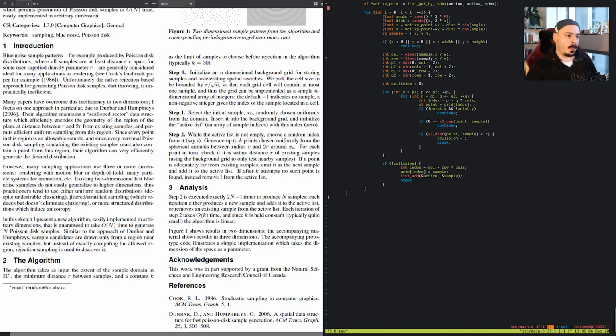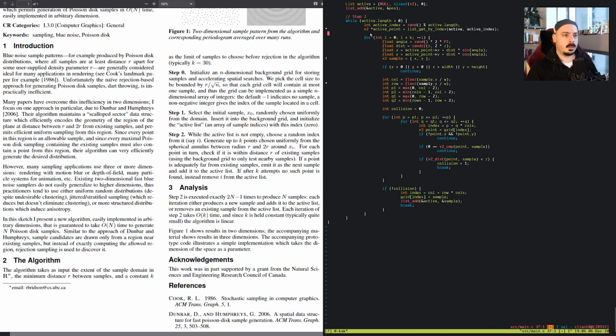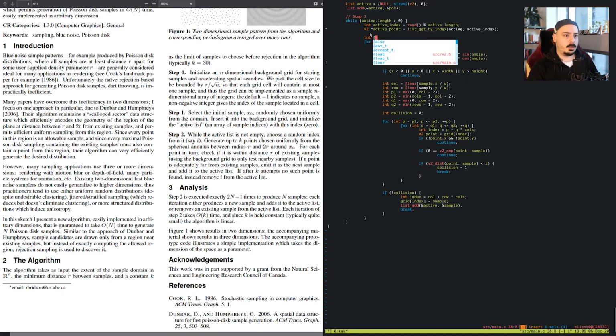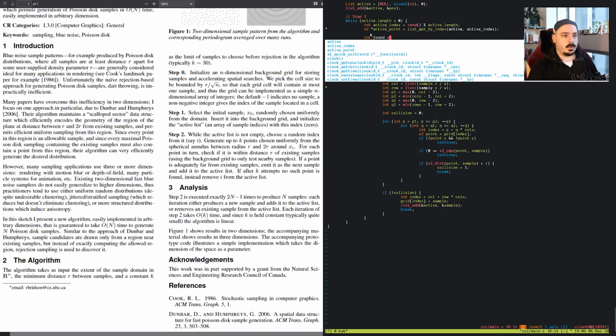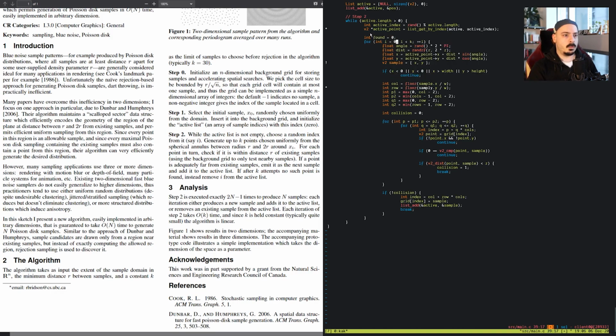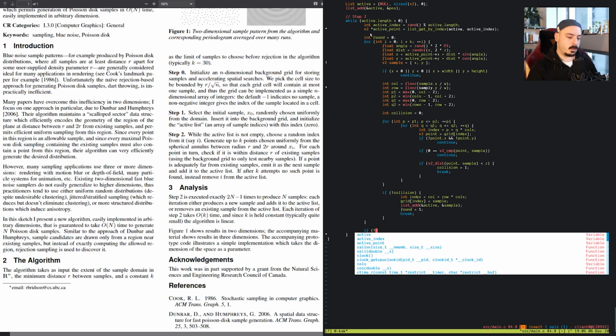Okay. And the last thing we need to do is, if after k attempts no such point is found, remove I from the active list. Alright, so we don't actually have a way to check for that. So up here we'll add found equals 0. And here we'll just add found equals 1. And then out here we can say if not found,